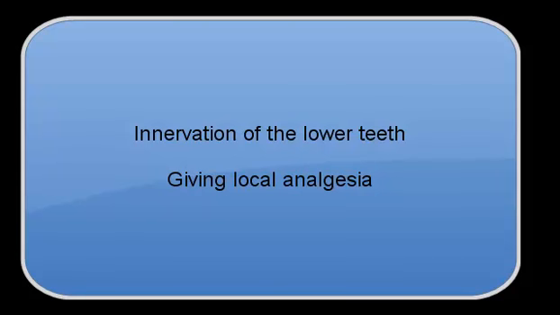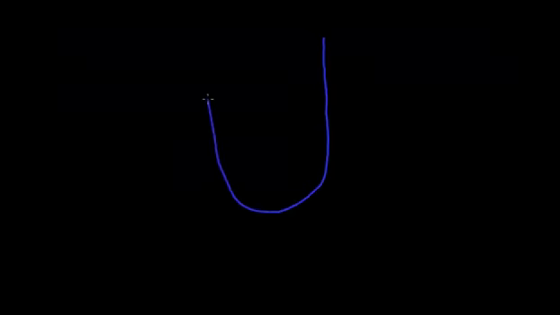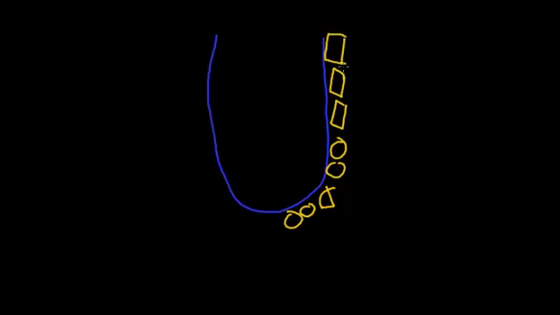Hello. Today we're going to talk about the innervation of the lower teeth. The lower teeth, as we all remember from the video about the upper teeth, there are 8 on each side: 2 incisors, a canine at the corner of the mouth, 2 premolars, and then our 3 molars. Obviously, the last molar is called the wisdom tooth, and that's the tooth you get when you're about 17 or